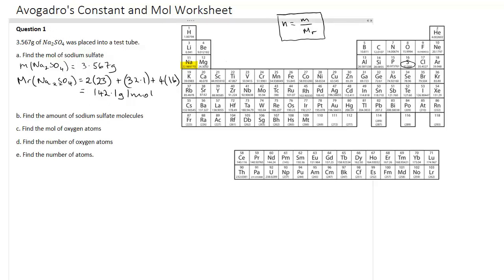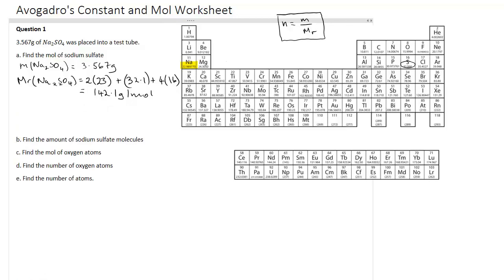So I've run out of space. I'm just going to find the mole now, and that's done by finding the mole of sodium sulfate using this formula up here. It's mass over molar mass. So mass is this. You don't need to include the unit in the actual division. Okay, so I shouldn't even have that there. So that's divided, and that gives us